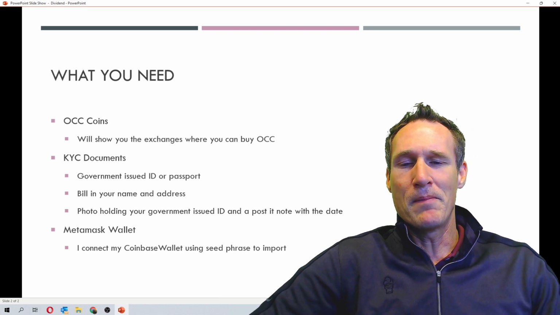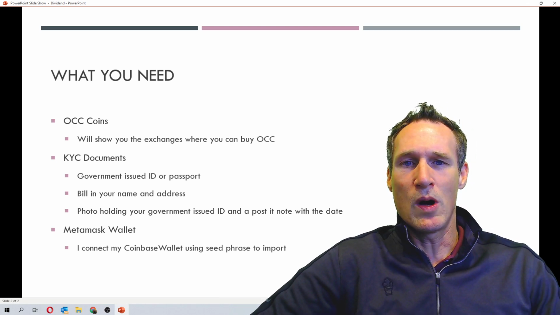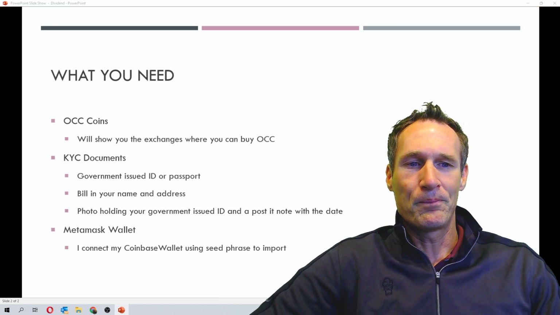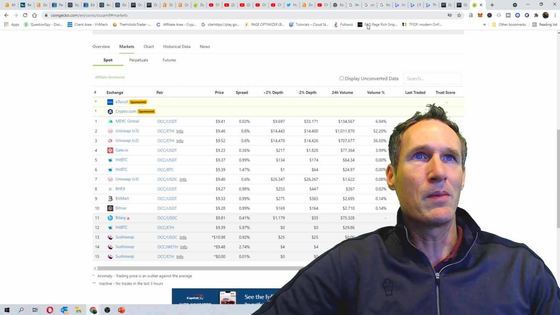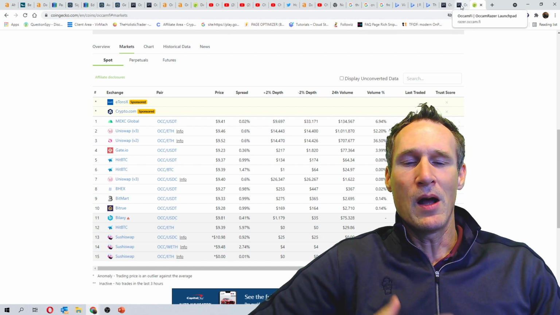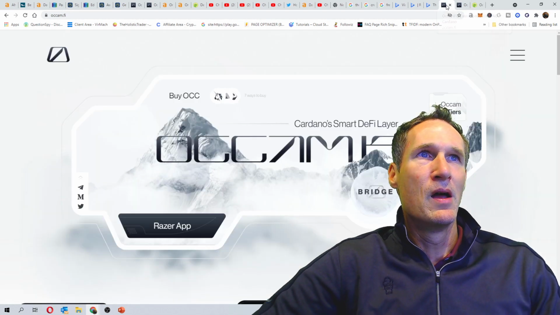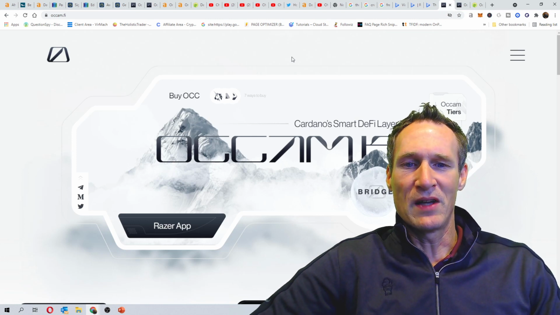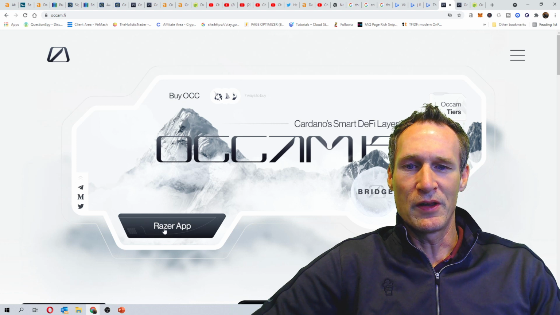Then you're also going to need a MetaMask. Now, I connect my Coinbase wallet using a seed phrase to import it, but that's a little more detail and probably more than you want to know right now, but I'll explain a little bit how I do that. So going to the Occam.fi website, the first thing you're going to do is click on the Razer app,